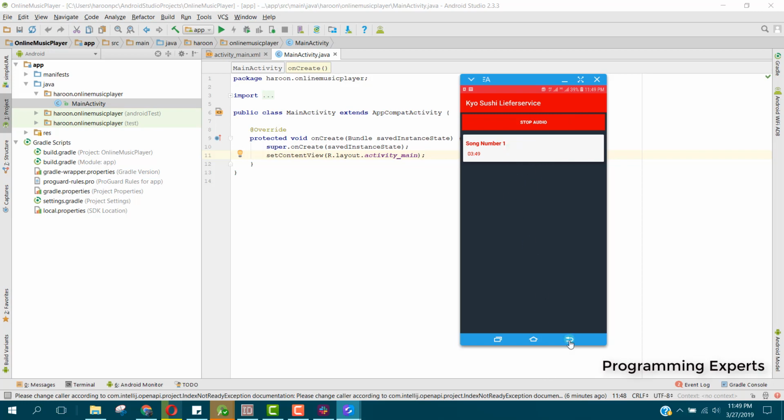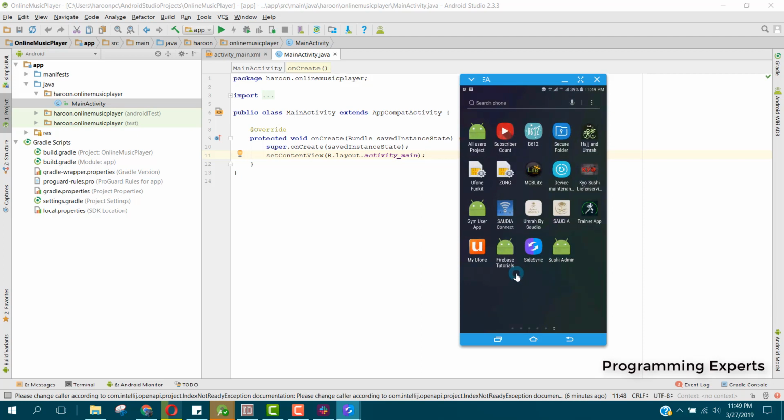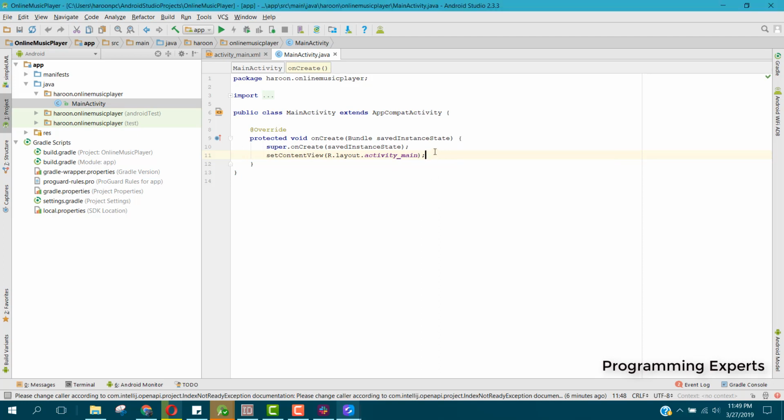Alright, similarly I added this for the gallery. So if you ask me, I will upload and make videos on an online gallery app with backend feature also. Alright, so that was it. So let's go back to our Android Studio project. So okay guys, I think that is enough for